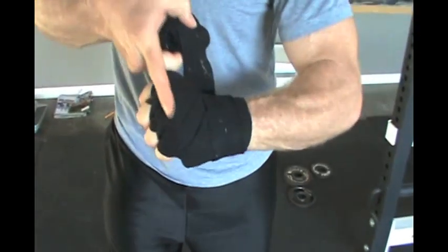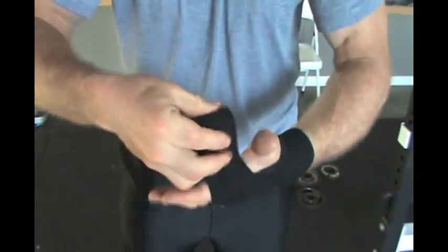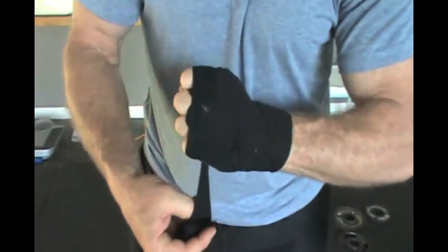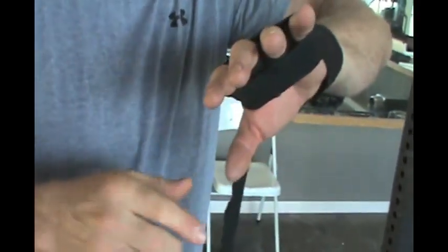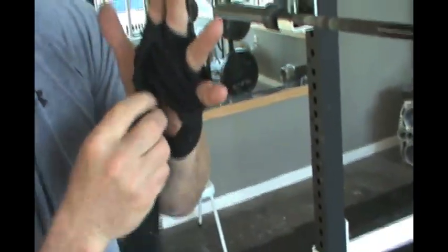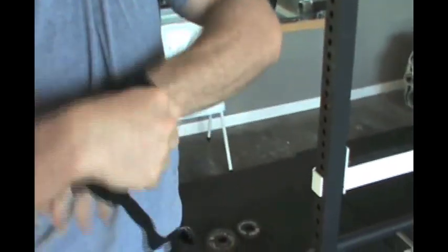You can see where my knuckles are next to the ridge here. I'm going to try and put the wrap right across the middle. So now I make a line like this across the palm and across here, so I want to get the knuckles at about the middle. Okay? Now, depending on what you have left on the wrap, here's one of the things that I do that helps your wrap stay together: I'll take it around the wrist. This is super secret ninja stuff, so don't tell anybody. Destroy this video after you watch it. I'll take it through here. I'll go underneath this on the wadding, pull it through, and then take it back over the top, and then I'll finish it off